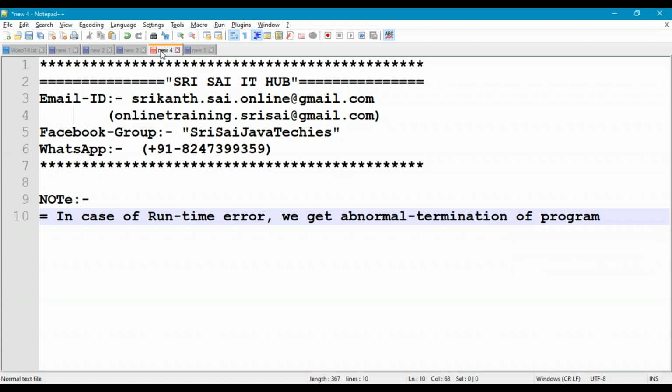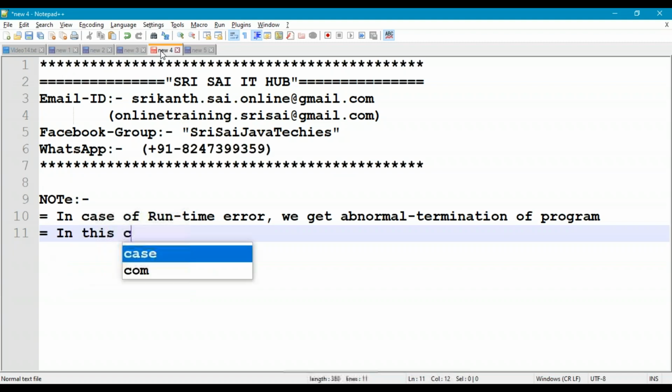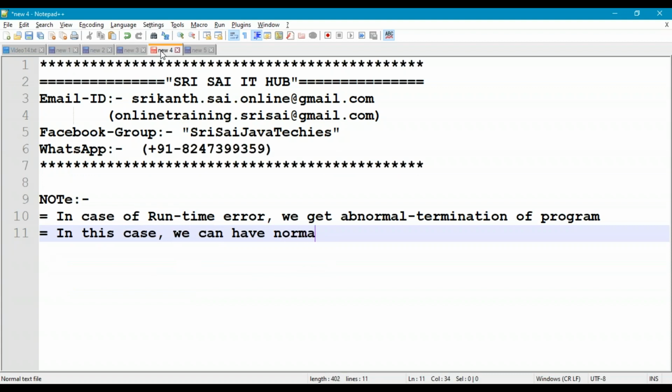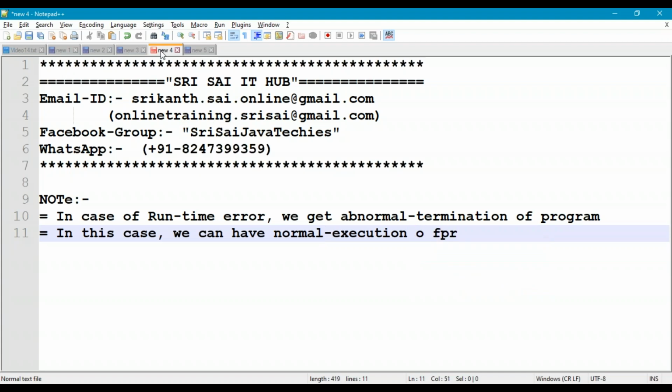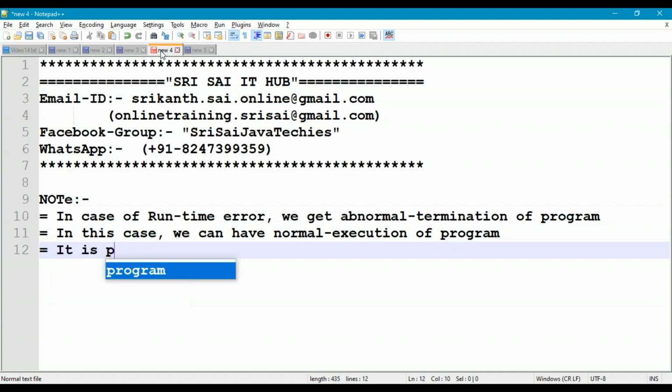But still we can have normal execution also, not termination, normal execution of program. So how to do this normal execution of program in case of runtime error? Okay, so it is possible with exception handling.